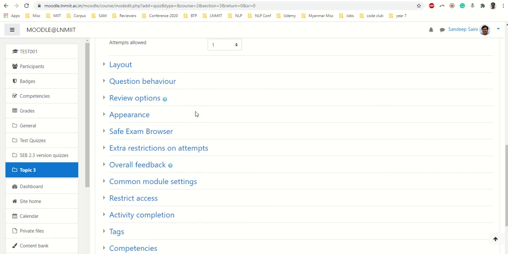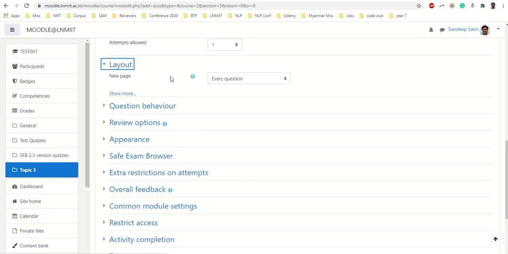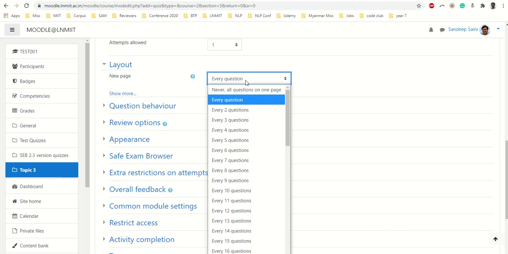Next important thing, okay, this is layout. If you want to show only one question on one page, that is the default setting. But if you want to show more questions on a single page, you can do that, and it may actually help the students also, that they are looking at 2 or 3 questions on the same page and they can attempt them at ease.